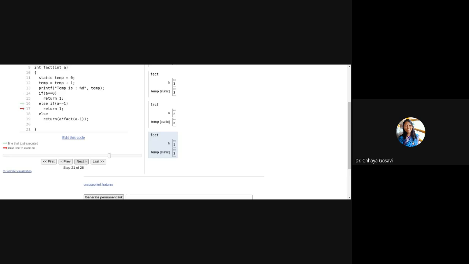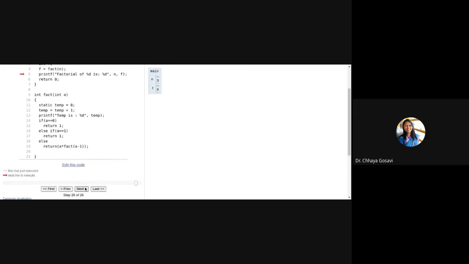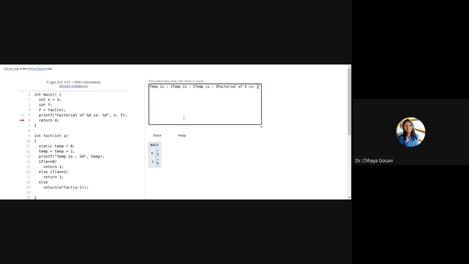Then this value will be written for f into 3 minus 1, that is 2. So 3 into 2 is 6, and you can see the result is 6, and temp is 1, 2, 3, and factorial is 6. See your output, factorial is 6.